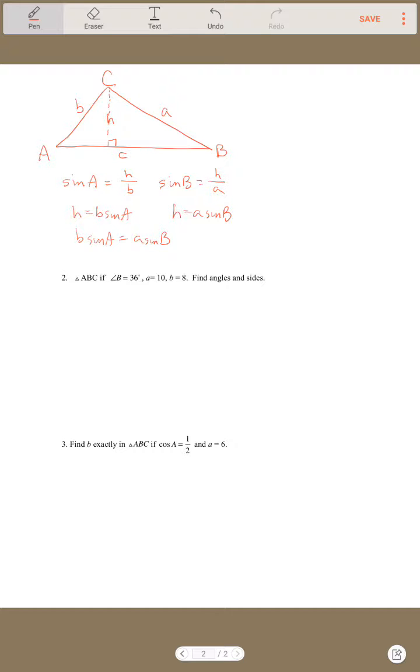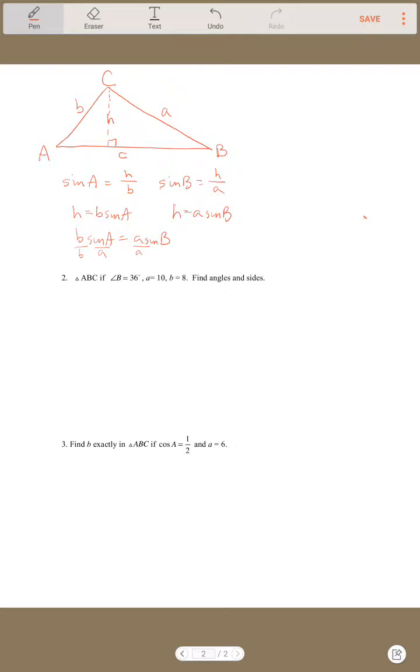Just set those h's equal to each other. If those are equal to each other, what we can do is just kind of group similar letters together. We can put all the a's together and put all the b's together. The way we do that is we can just divide by a on both sides, and then divide by b